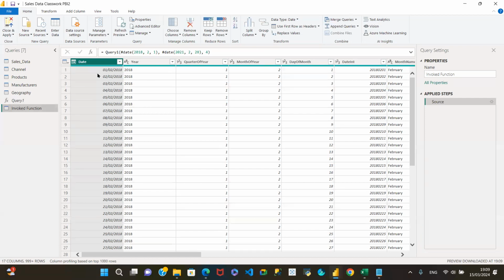Your date table must be created in such a way that you've got every day that is within that date range. So 1st of February, 2nd of February 2018, 3rd of February 2018, 4th of February, and so on. It shouldn't miss any of the dates that must be within that. And it's a dimension table because one day is appearing once as a record. So within seconds of clicking invoke, it's gone on to create all of these other